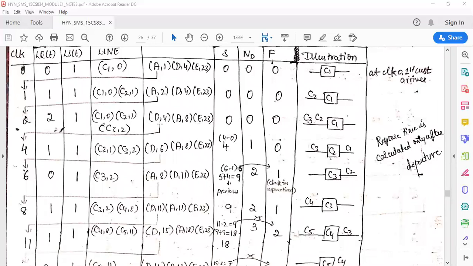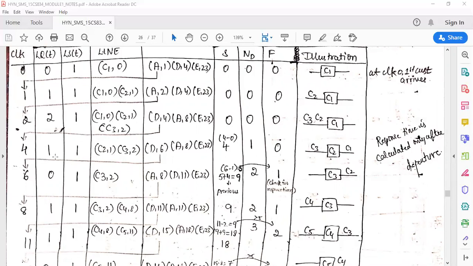Now we have a departure event, right? So remove the imminent event from the list, advance the clock from T to T1, right? So I will remove the event. My clock will become 4 now. What type of event is it? It is a departure event. Who is departing? The first customer is departing, right? As soon as you write the clock, directly go to illustration. The first customer will move out. If the first customer moves out, then the second customer will go and sit with the server, and the third customer is waiting in the queue, right?